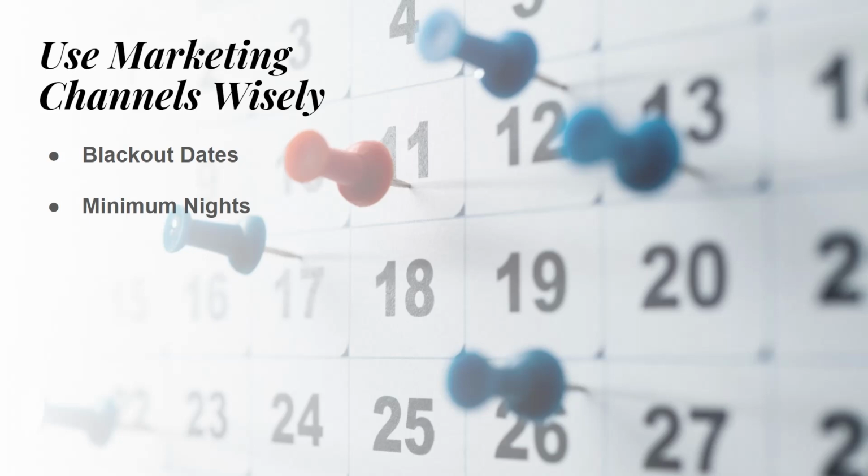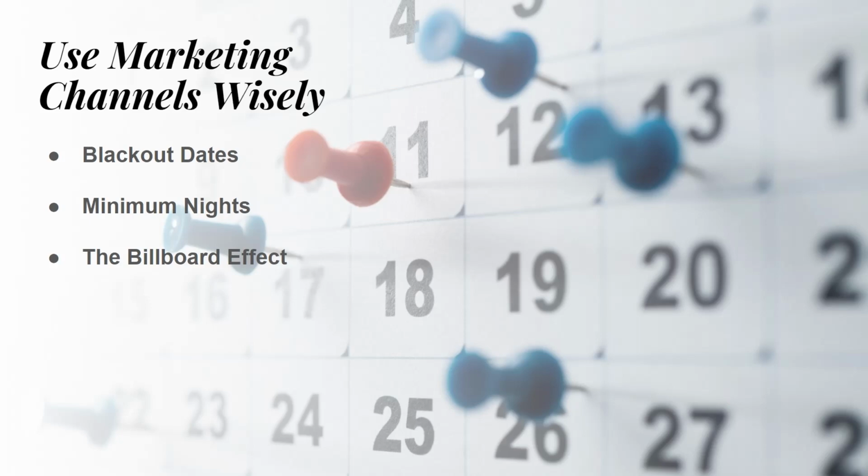ResNexus also allows you to implement minimum night rules for specific OTAs or to override your existing minimum night rules. So if you want to make your OTA bookings work harder for you, then you can set it up so you don't get just one night bookings through them, only 2 or more nights. And again, you can set these rules to take place only during certain date ranges that you specify.